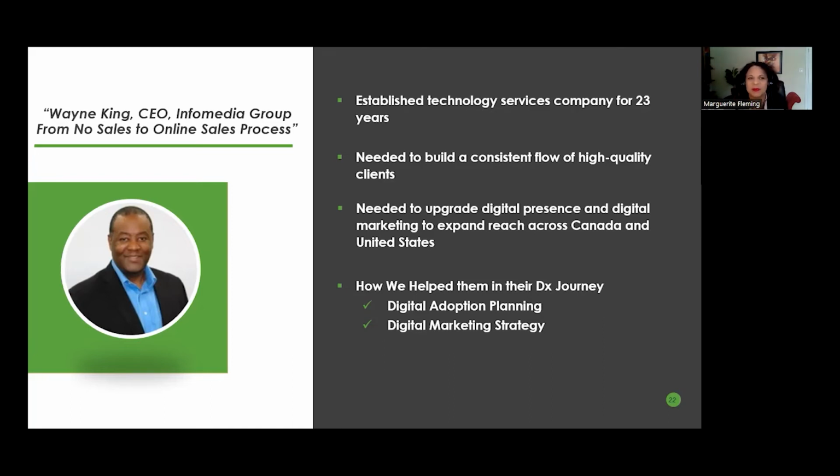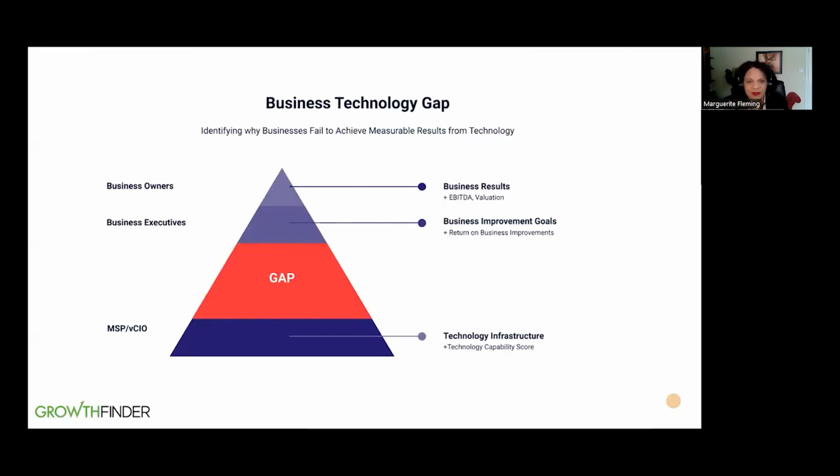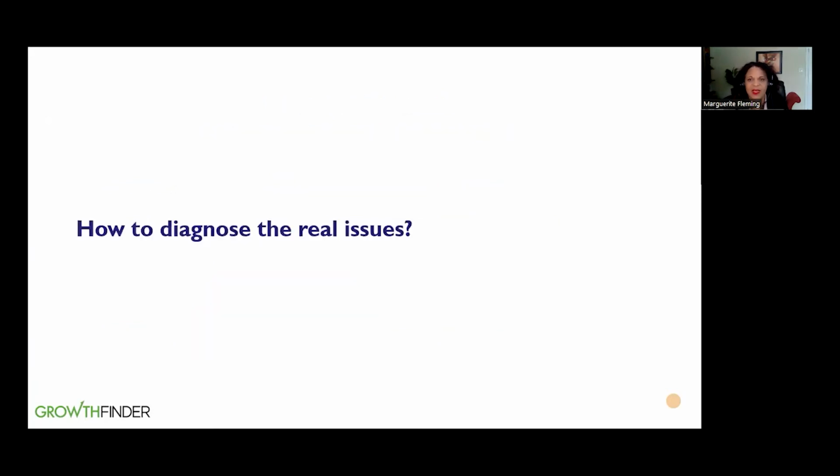Or what would we need to put in place in order to reach the goals that we have? So again, we took a look at, okay, we have a business goal, a business result of a certain type of growth target. Let's take a look at what you have today, right? Where is that gap? And part of the analysis that we did was to say, well, what really is the real issue? What is going on in the back end that's preventing you in your current state from achieving your goals? So we did that diagnosis with them, and we realized a couple of things, right?